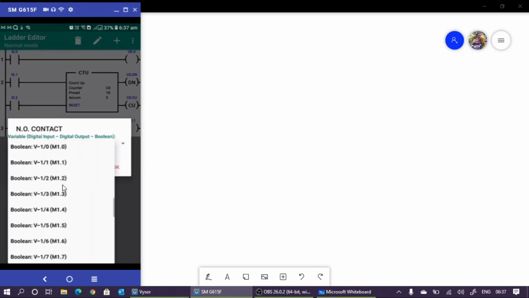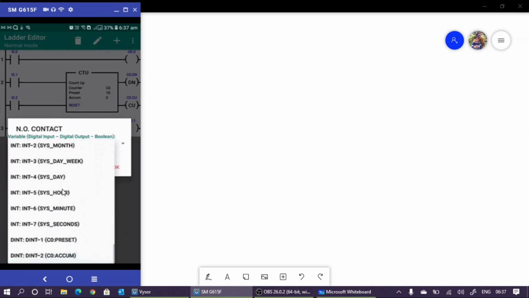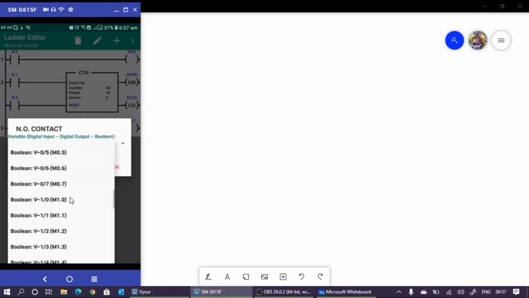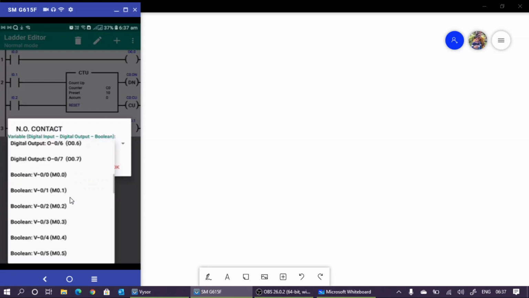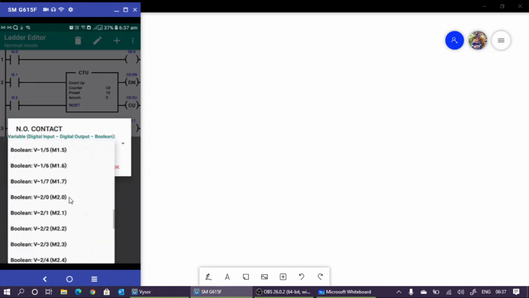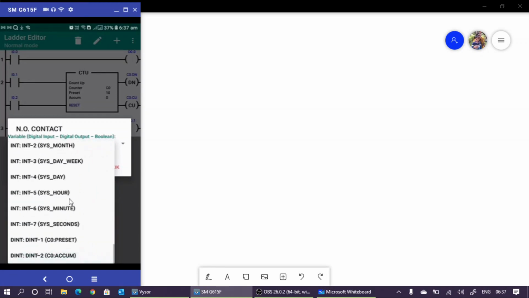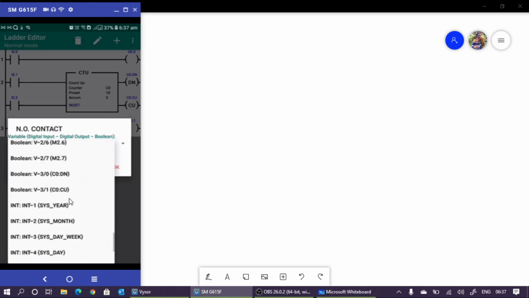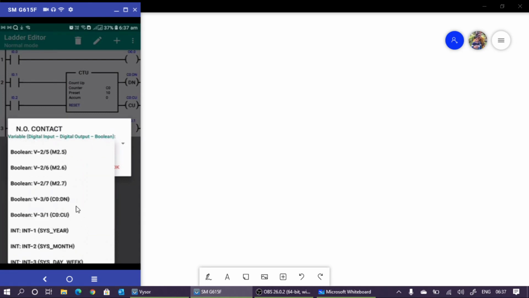Scroll down. Yes, here in this boolean list you can see C0 done.